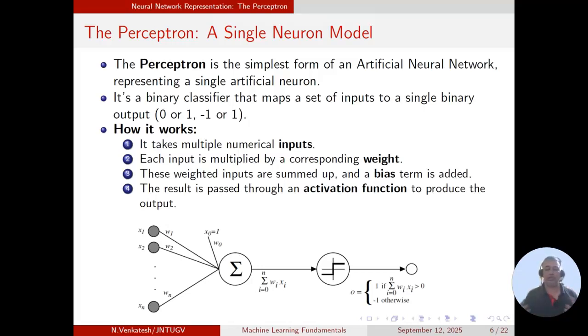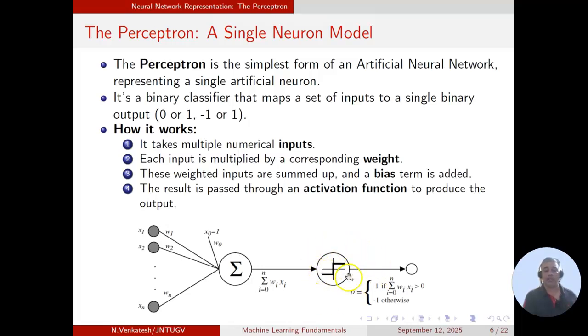That means it can be used for binary classification tasks. So how it works is a single neuron takes n inputs from an external source, and each input has some associated weight, and these weighted inputs are summed up and a bias is added. Bias can be represented by either W naught or B, and this will be given as input to some activation function,